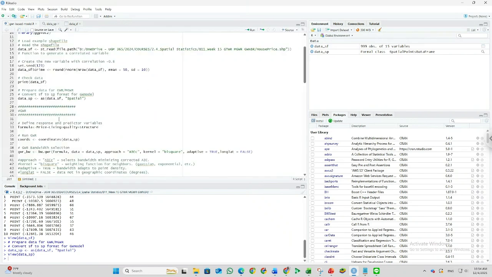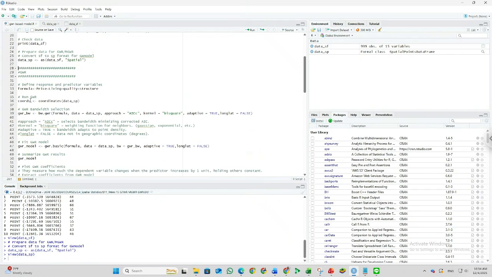After converting, we can run GWR for the first time. First we define our response and also the predictor variables. For the example, we will save the formula of the model.